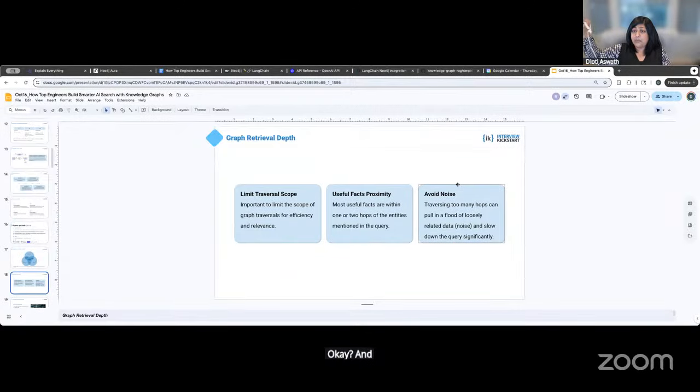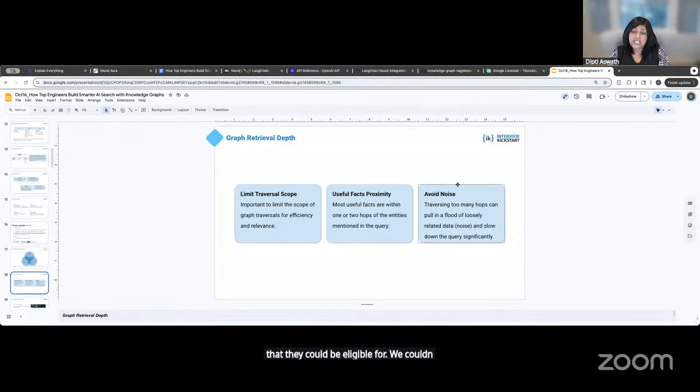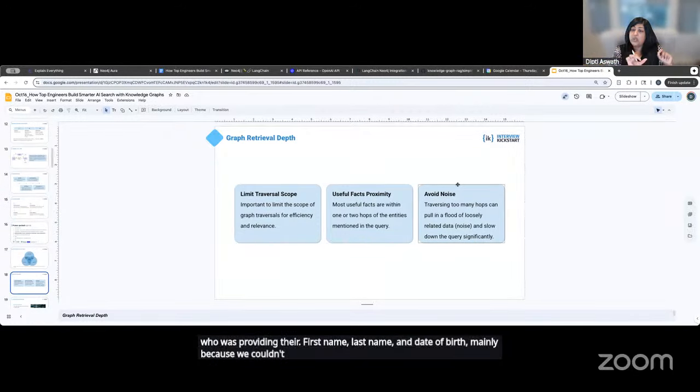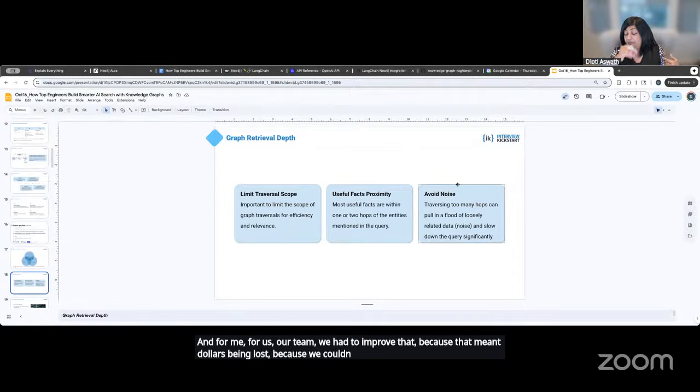And finally, at the point of sale, which was the time that a GoodRx user goes to the pharmacy and presents their prescription for discounts that they could be eligible for, we couldn't recognize the GoodRx patient who was providing their first name, last name, and date of birth, mainly because we couldn't map that to the GoodRx identifiers to which the discounts were associated. And for our team, we had to improve that because that meant dollars being lost because we couldn't drive